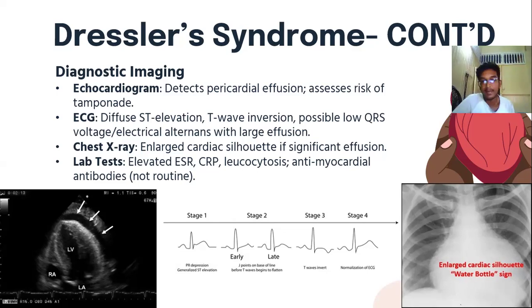And next up is chest x-rays, and that's the third diagram. So the chest x-rays, they can reveal an enlarged cardiac silhouette if the pericardial effusion is significant. The next